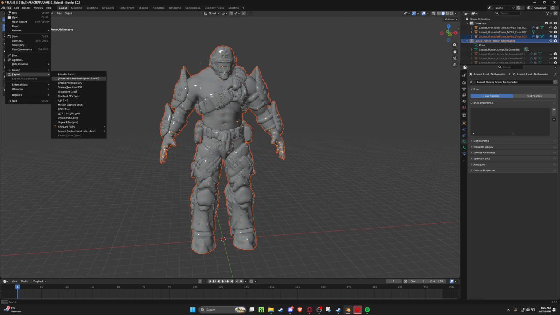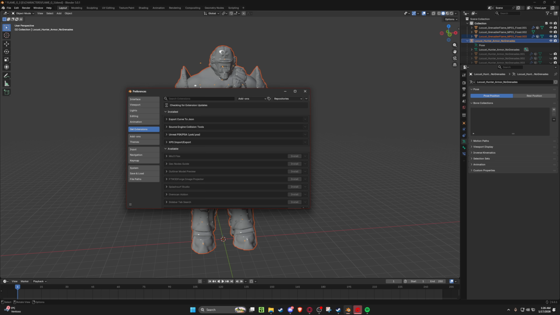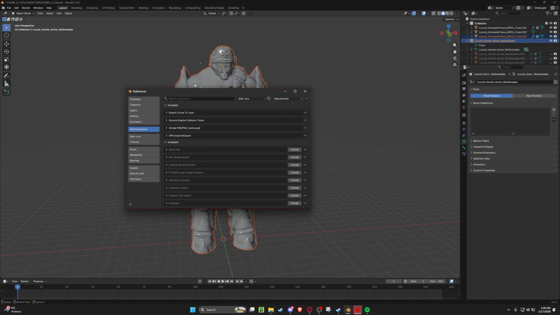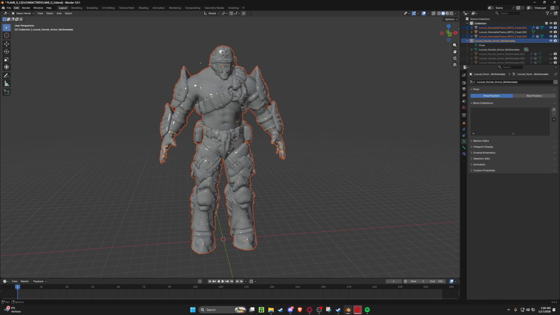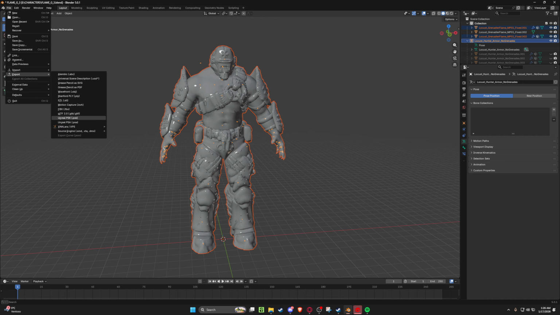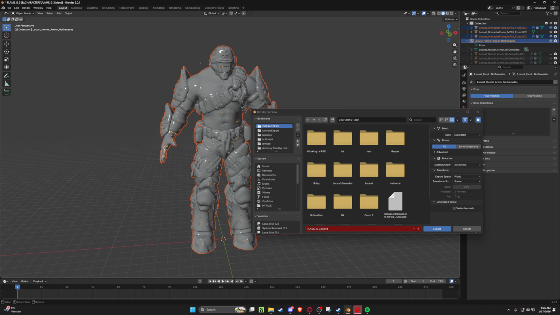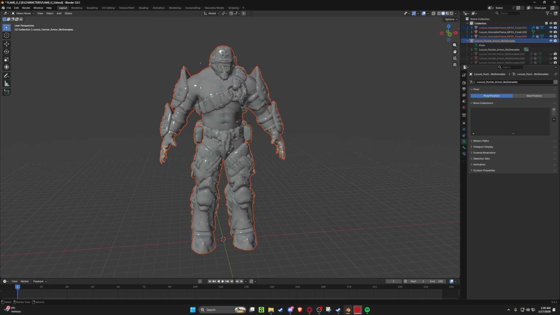We're going to go to file, we're going to go to export, we're going to go to PSK. Now if you don't have this, you need to go to edit preferences, get extension, and then Unreal PSK PSA. But now we can export it as a PSK. So export Unreal PSK, and we can call this Flame Grenadier, and then it'll turn it into a PSK, and then export, and we should see that exported here